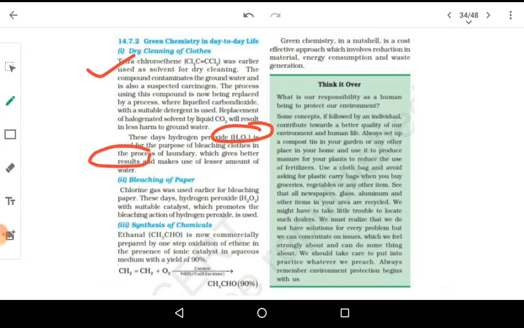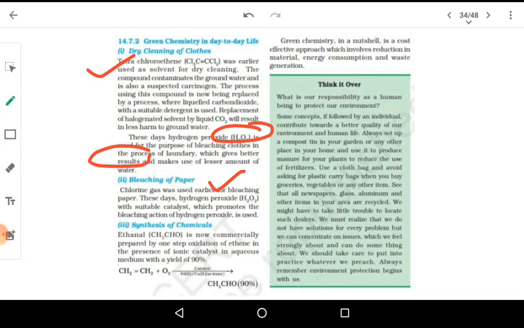And next one is in the bleaching of paper. Earlier chlorine gas was used and that is a pollutant, and now we are using hydrogen peroxide with a suitable catalyst which promotes the bleaching action of hydrogen peroxide. Next one is the synthesis of chemicals. Ethanol is now commercially prepared by one-step oxidation of ethene in the presence of an ionic catalyst in aqueous medium